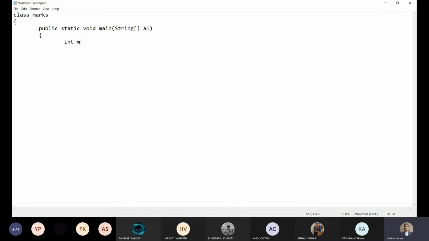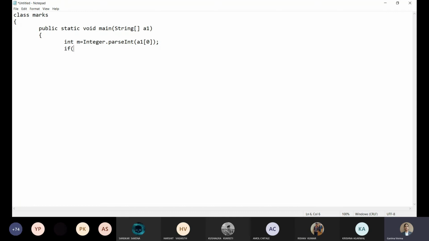So I'm going to take m as a variable and the value of m I'm taking as suppose 70. Right? या एक और काम करते हैं, इसको हम random ले लेते हैं. So Integer.parseInt and हम args 0 की value उठा लेते हैं यहाँ पर. Fine.